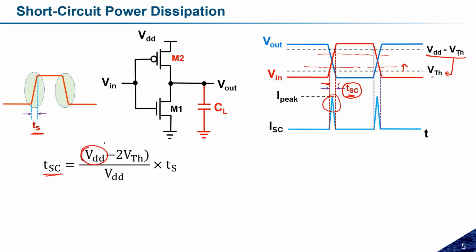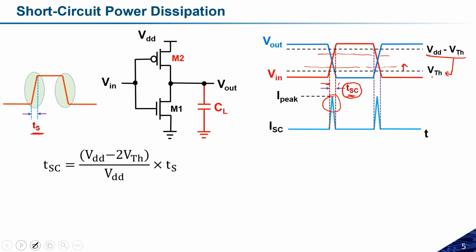So by changing the threshold voltage, you can change this TSC. But the important thing is that the VDD is at both places, the numerator and the denominator. Let us assume I have fixed this VTH and I am reducing this term. So you have to calculate how the TSC will function. You have to find the relation between the VDD and the TSC. I will take 2 more minutes, then I will finish this short circuit power dissipation part.